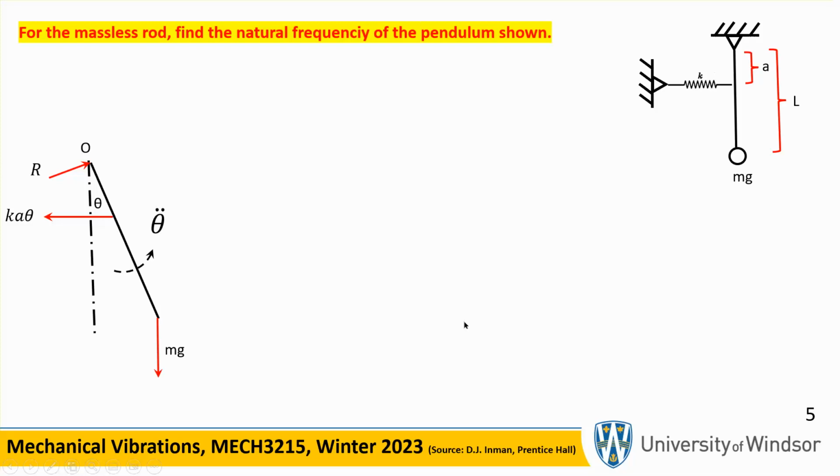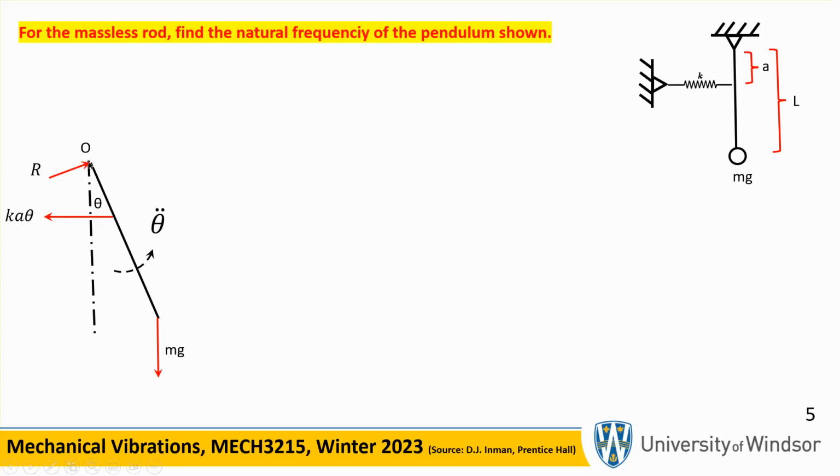So I want to do another problem. This is a problem very similar to the one that we just did, except that the pivot point is up there. Once again, it's a massless rod, a vertical rod. There is no damper here, and it's hanging from the ceiling. Obviously, if you take this mass and tilt it a little bit to the left or to the right and let it go, it starts oscillating back and forth. What we want to do is to get the same thing, the natural frequency and the equation of motion of this setup. So the free body diagram is here, and there is a reaction force that is not important